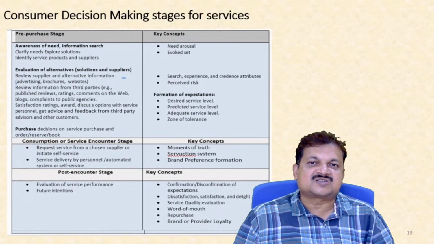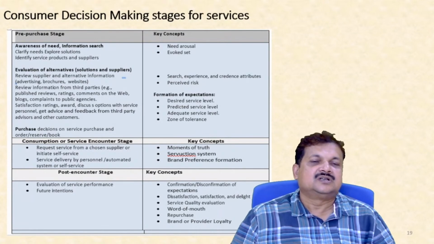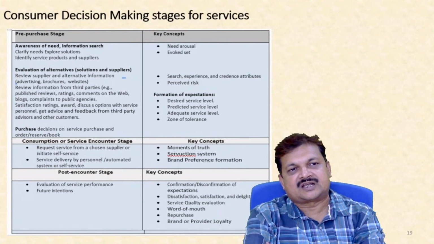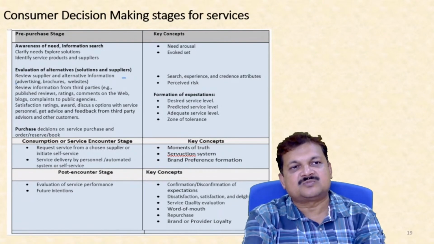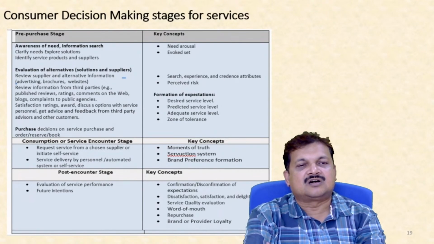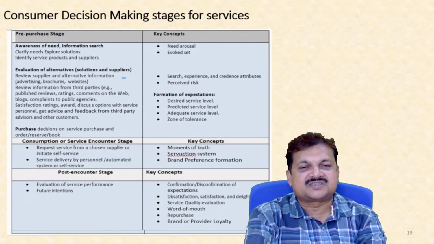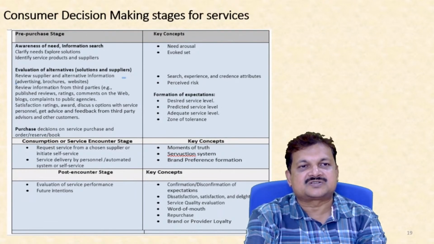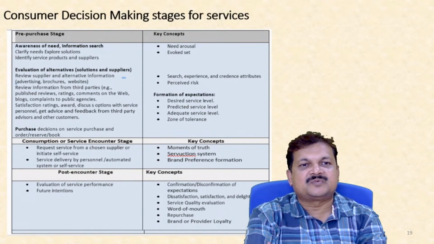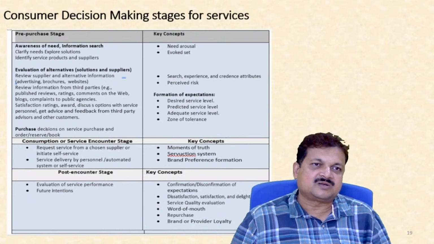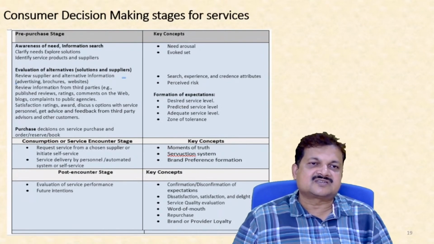The second case is search, experience and credence attributes. Here, review supplier and alternative information. You try to see the different sources of those who are providing the services to customers, and that can be possible by going through advertisements or the different browsers. Then websites, you need to search through different websites. A review of information from third parties, yes, that is published reviews, meaning published articles are available. You can get it. Ratings of that particular